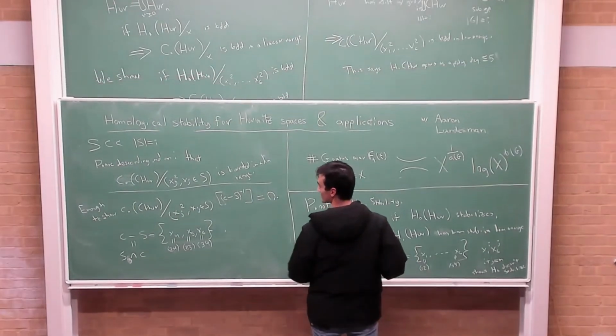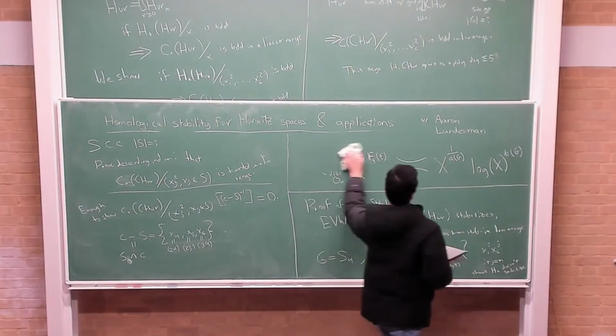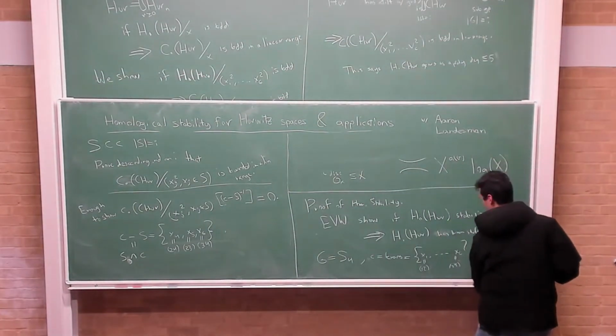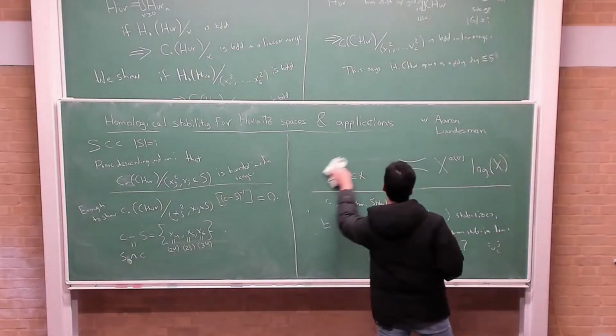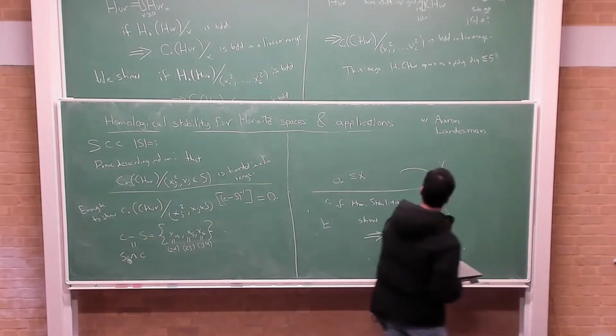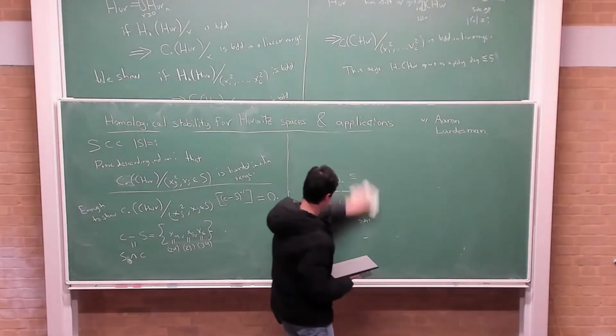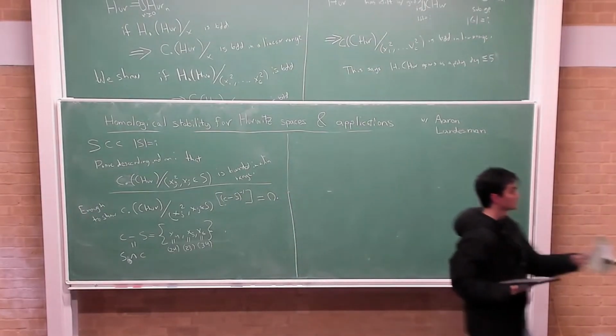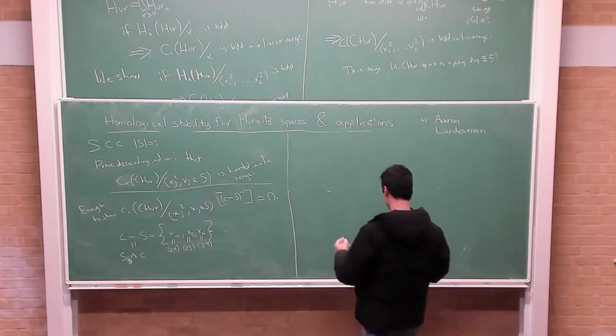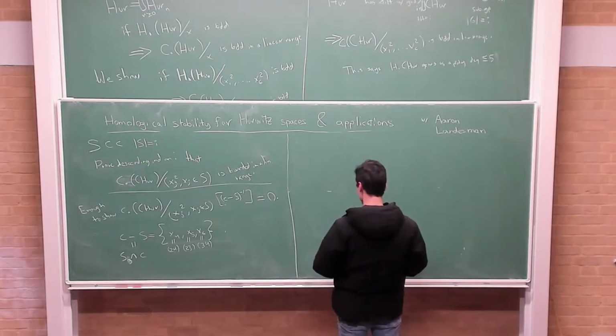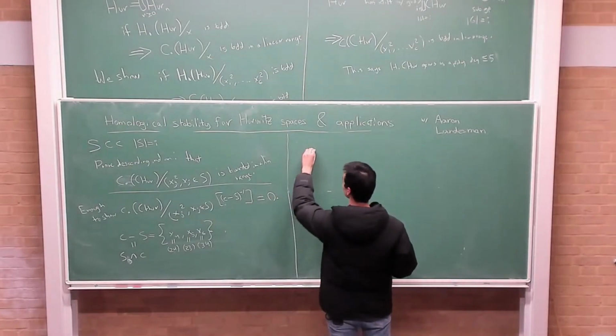So what are we trying to do? We're trying to prove that this is 0. Well, you observe that this thing that we're trying to study